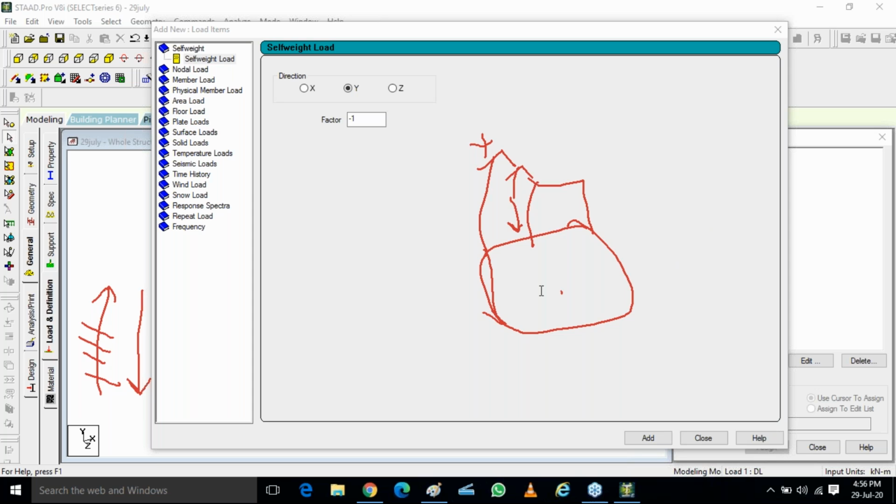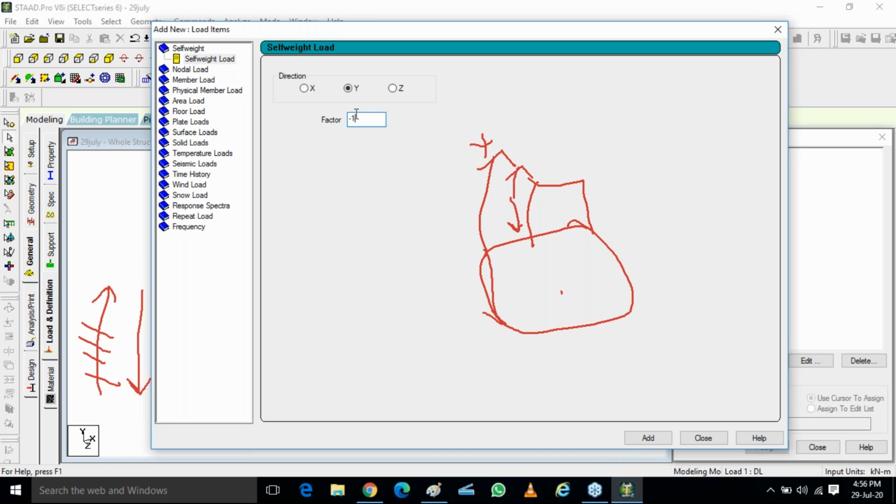Shubhankar asks, why is the factor of safety 1 here? Can it be more than 1? Yes, it can be more than 1. We are putting 1 because suppose your weight on the moon is 1/6. If you are designing a building for the moon, instead of a factor of 1, we are going to put 1/6, whatever, I forget it. So if you are on earth, you can put 1.